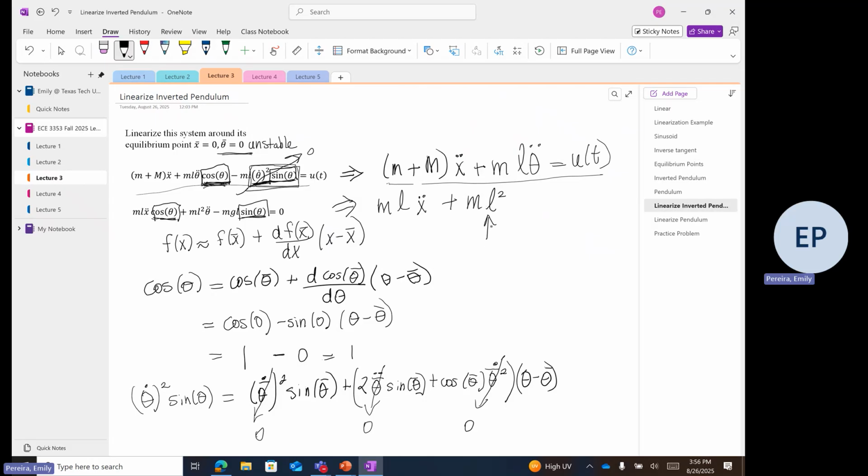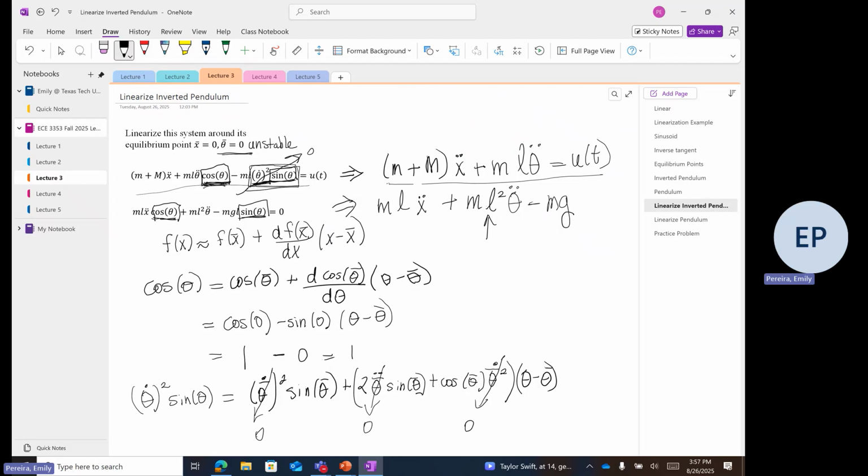So this is a parameter. This is not a function of time, so it's not considered a nonlinear function. So anyway, that's why we ignore this, because it's a parameter. It's actually just like a scalar value times the second derivative of the angle minus mg, and then